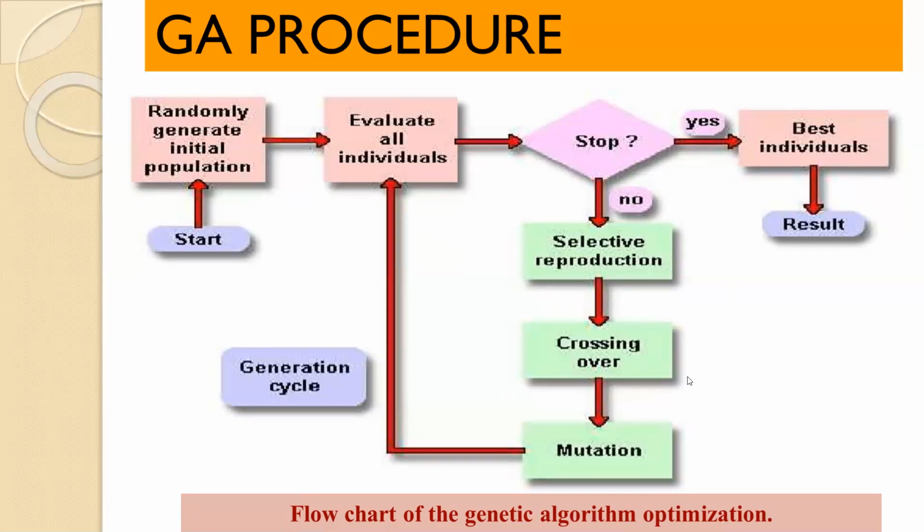So randomly generating the initial population will be able to meet your crossover technique. That crossover technique is able to catch your selective production. These are the fundamental knowledge. You are able to catch the mutation. Finally, you will get the idea of where your mutation knowledge is able to be found.